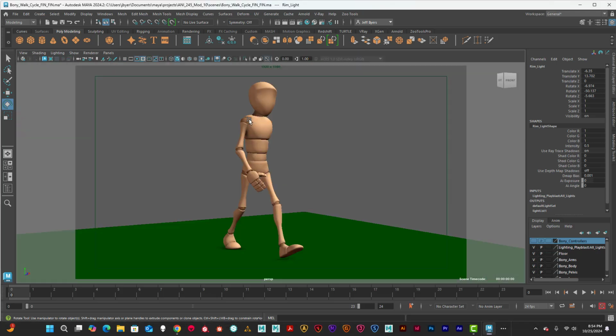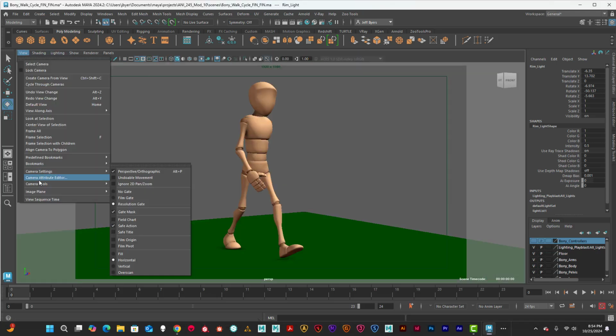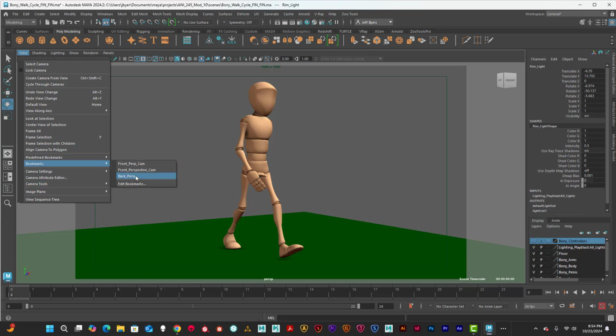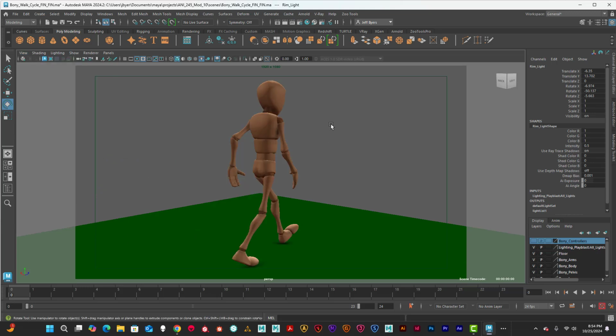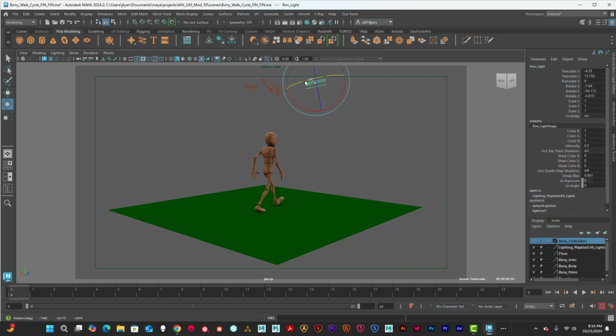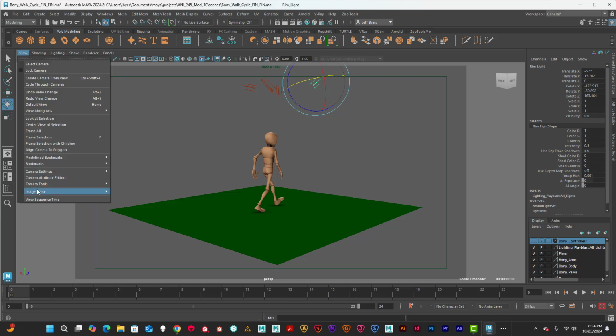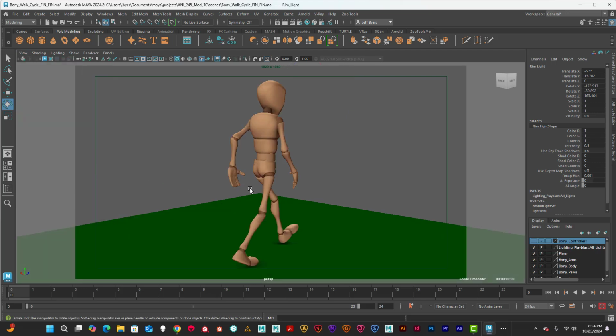Playblast that, and then of course you'll go to the back view and maybe turn your lights around a little bit so you can see the back a little bit better, like that. Just make sure things look good. Go back to your bookmarks and go back to that and do your Playblast. That's it. And you'll have 4 Playblasts to turn in, and I can't wait to see your guys' work, see